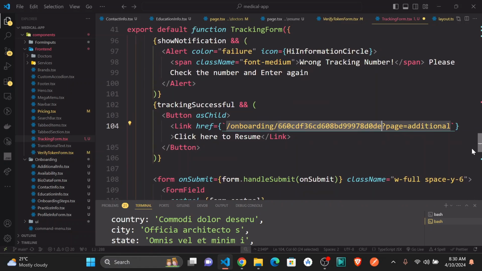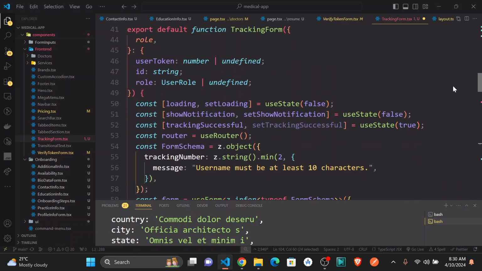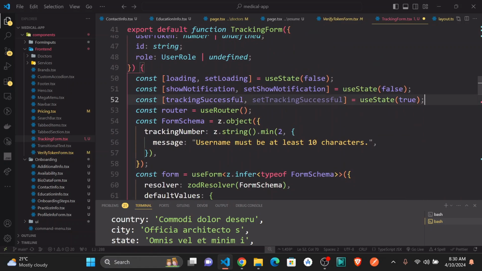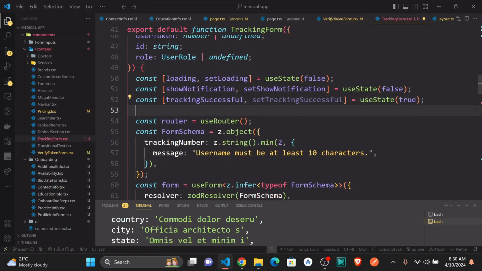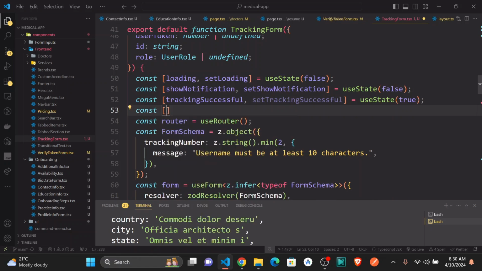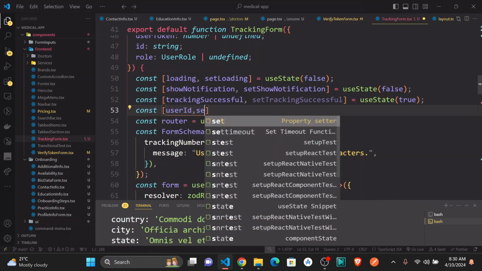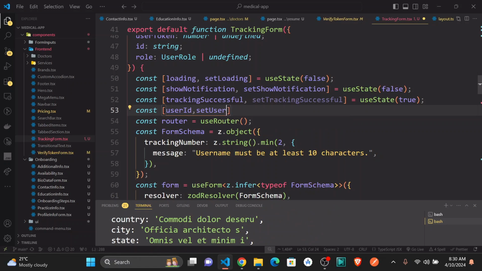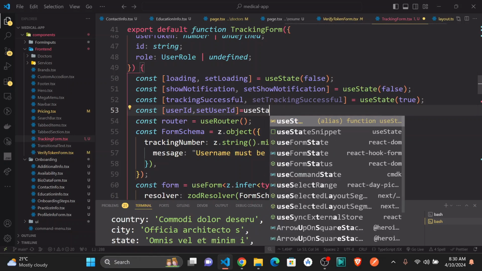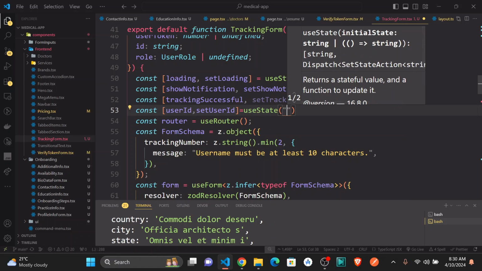So I think we need to set them also in the state. Okay, I'm just going to set them in the state. So I'm just going to say const user ID, set user ID is use state, and by default let's make this empty,